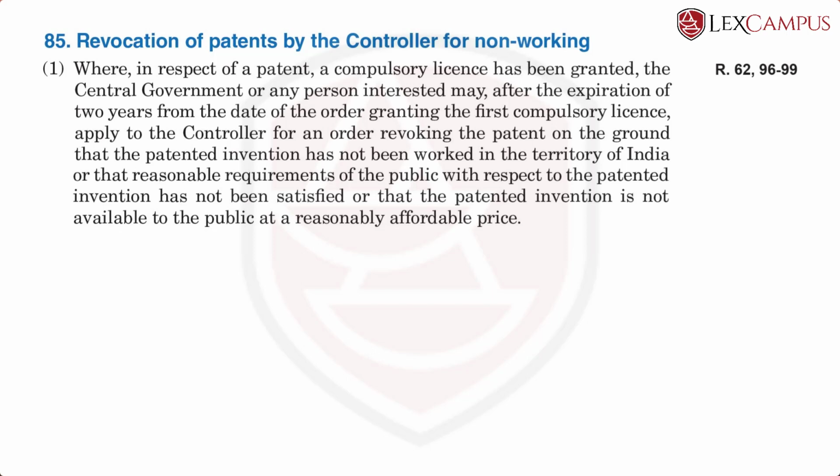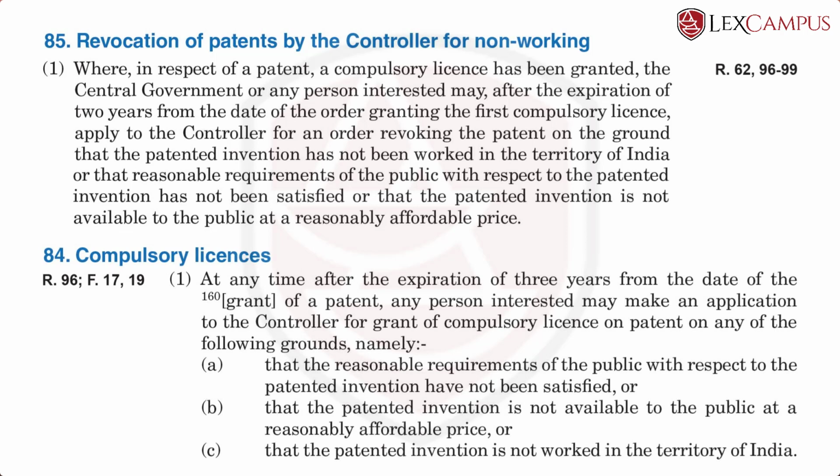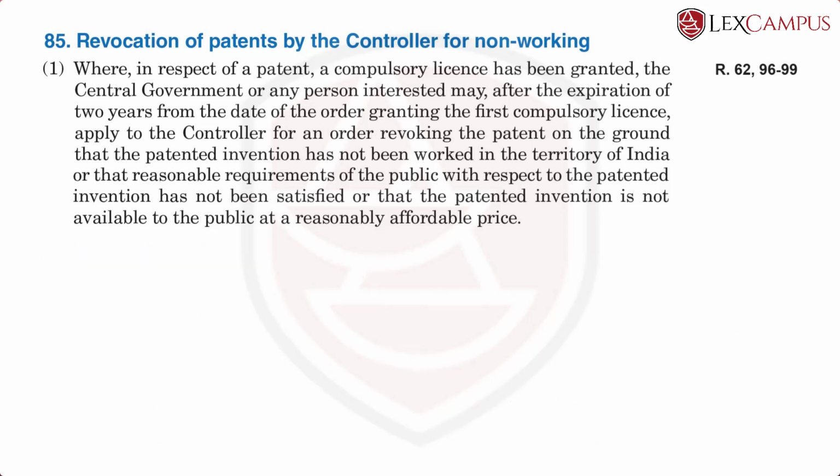Though 85 is titled as non-working, it also incorporates other grounds. So we saw that in 84 there could be 3 grounds: reasonable requirements of the public have not been met, the patented invention is not available at an affordable price, and non-working. Though the title of 85 says that it pertains to non-working, it also applies to the 2 other conditions. So 2 years after the grant of the compulsory license, any interested person or the central government can apply to the controller